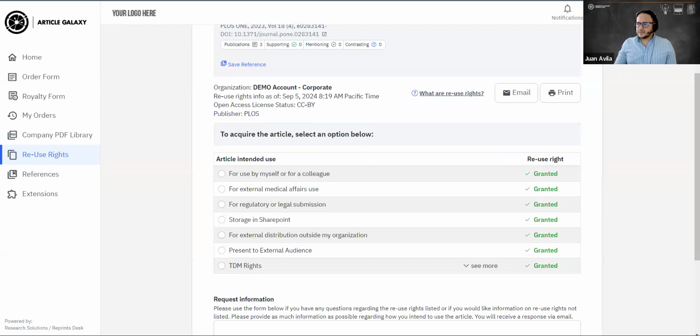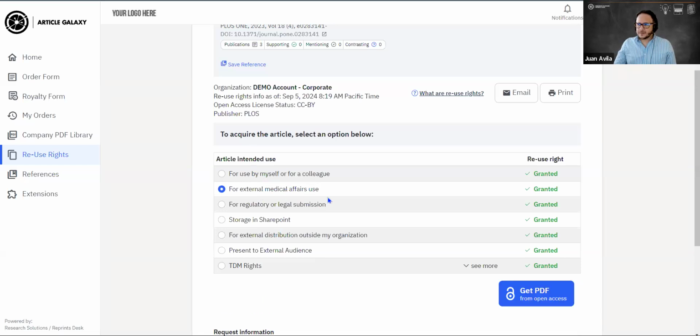Okay, these tell me how I can use the article, and I confess, I chose an open access article intentionally. This is an item that will show me that I can use it across the board, granted, right? I can give a copy to medical affairs, right? If I want to use it for data mining, text and data mining rights, I can use it. And this is how our reuse rights UI can save you, or save me in this case, a lot of